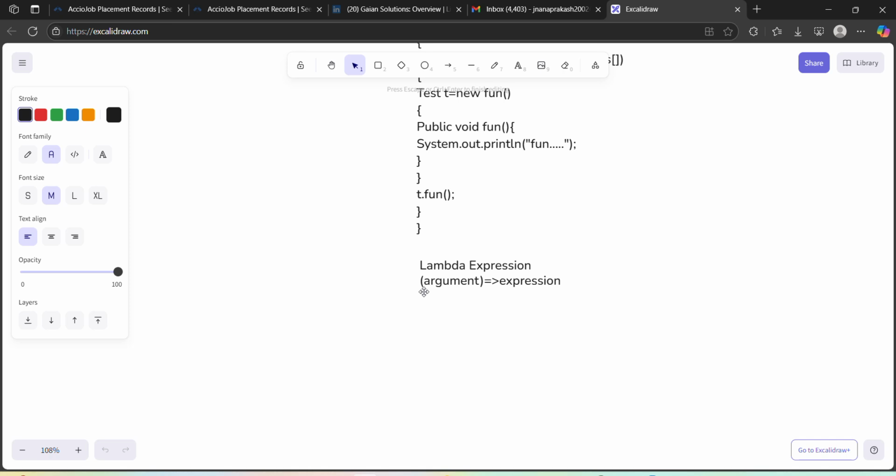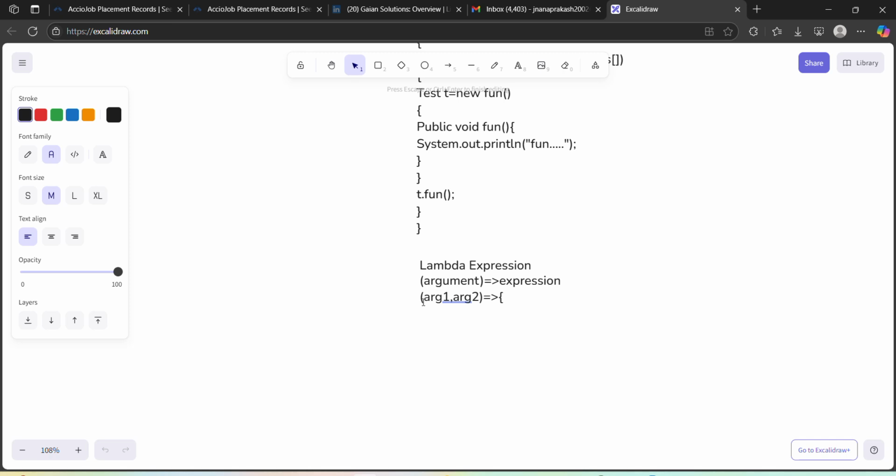If we have many arguments, we separate them using the comma operator. We declare the arguments, and then we declare the expression. If we have many expressions,